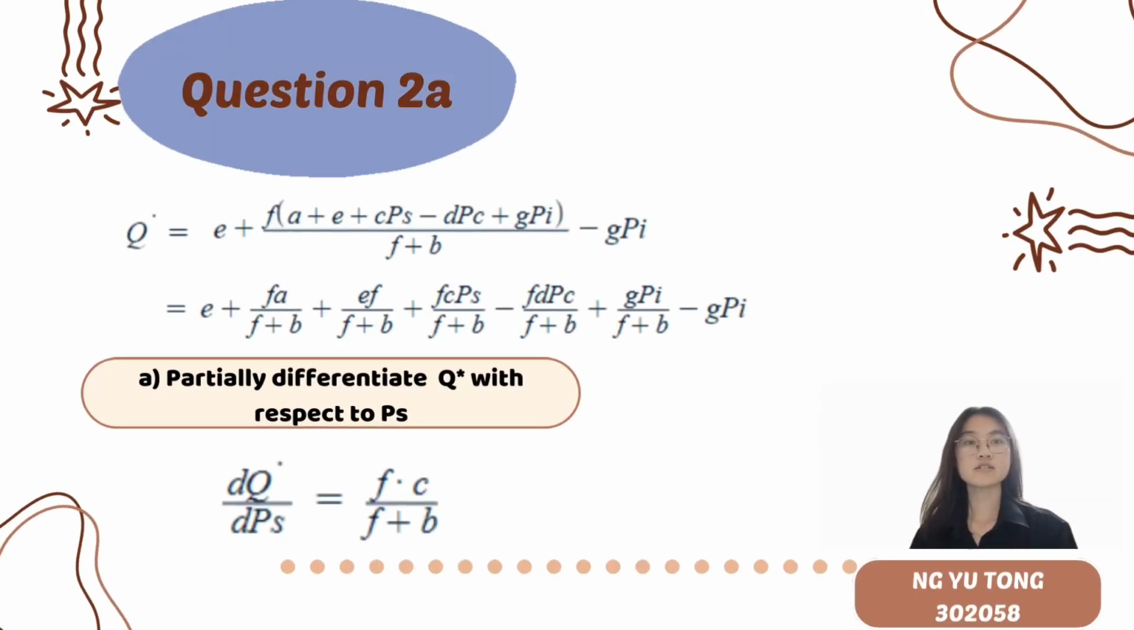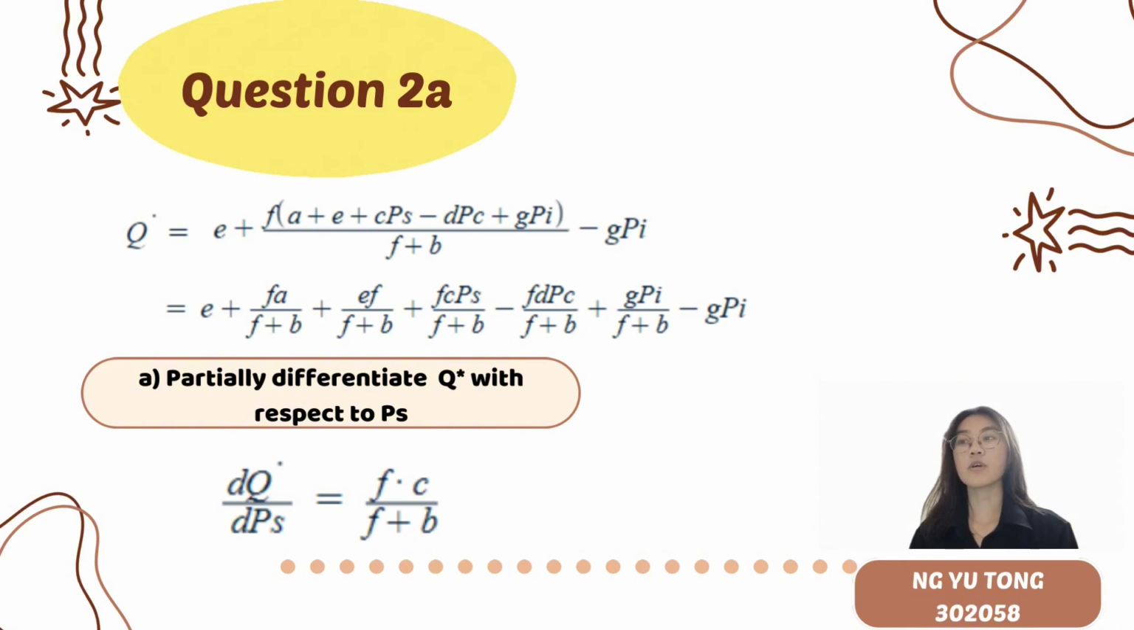My name is Anyaton and my matric number is 302058, and I'm going to present question 2A and B. To partially differentiate Q with respect to PS, the first thing we have to do is simplify the Q. The answer that we have simplified for Q is equal to E plus FA over F plus B